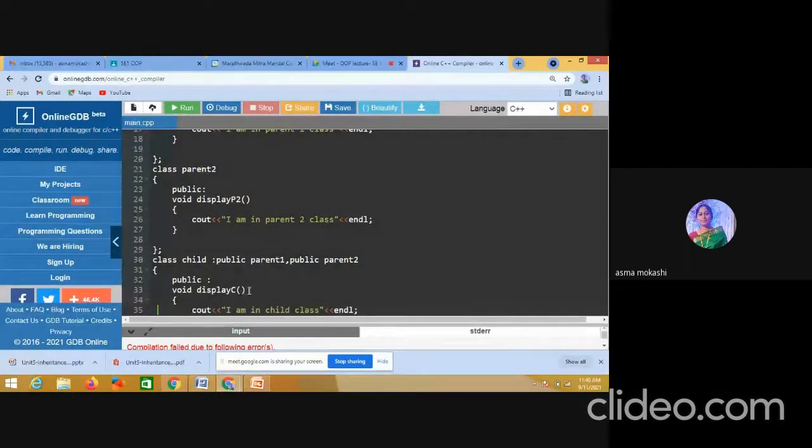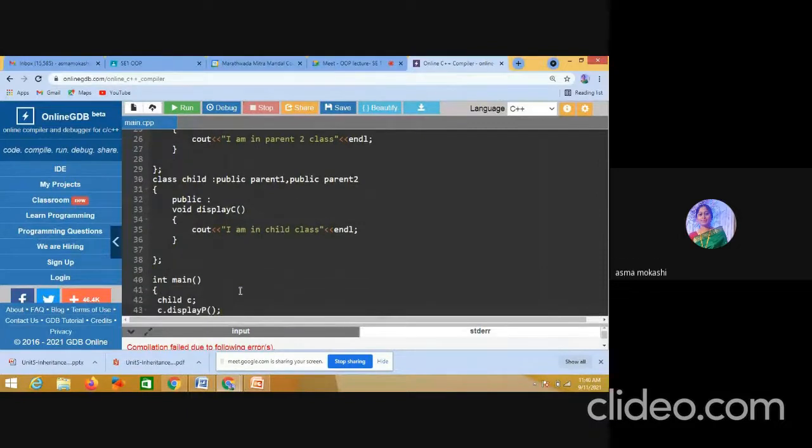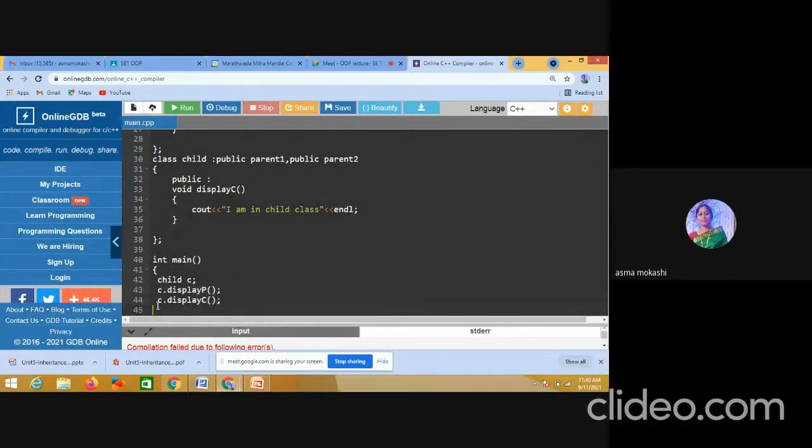Now I have a display C method in this class. Always remember, I have to create the object of the derived class only. So my most derived class is child.